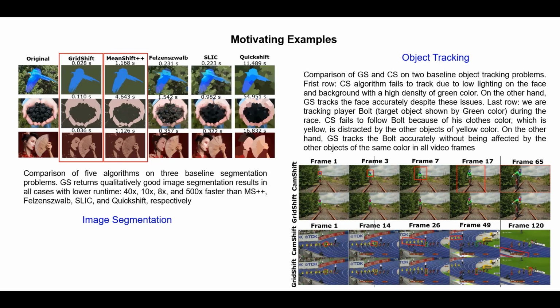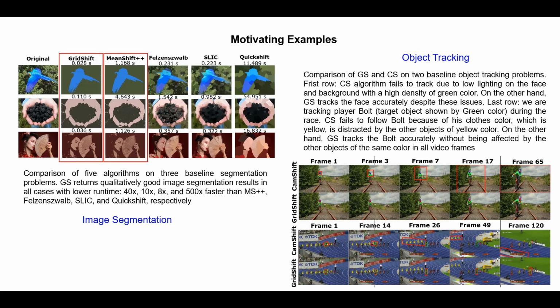However, from the following example, it is clear that although the accuracy of the MS++ algorithm is superior to other clustering algorithms in terms of image segmentation, it still has a very high runtime. The proposed GridShift algorithm, although having very good image segmentation accuracy, performs this operation at a record low runtime. In terms of object tracking, CamShift, which is based on the mean shift operation,